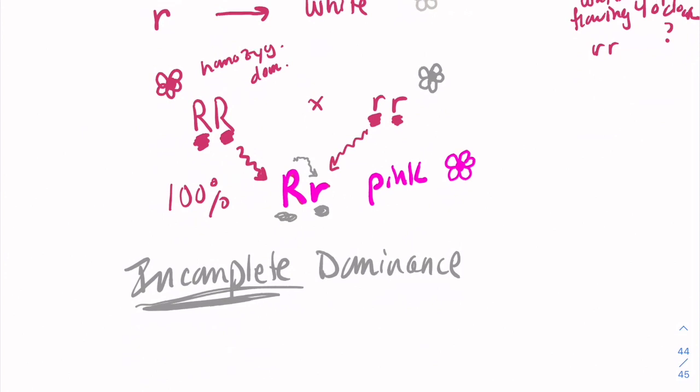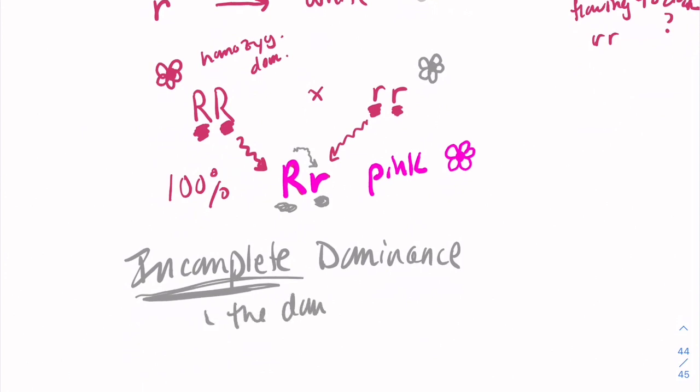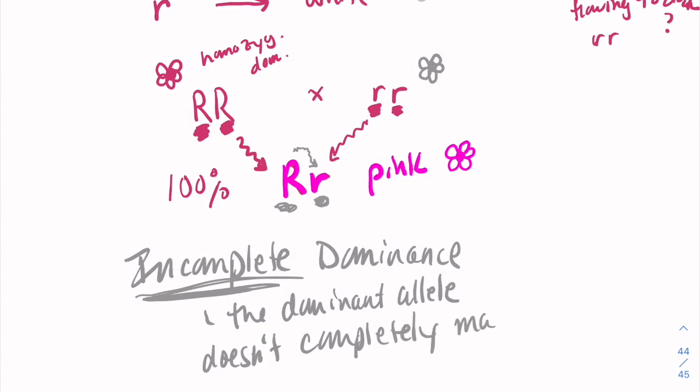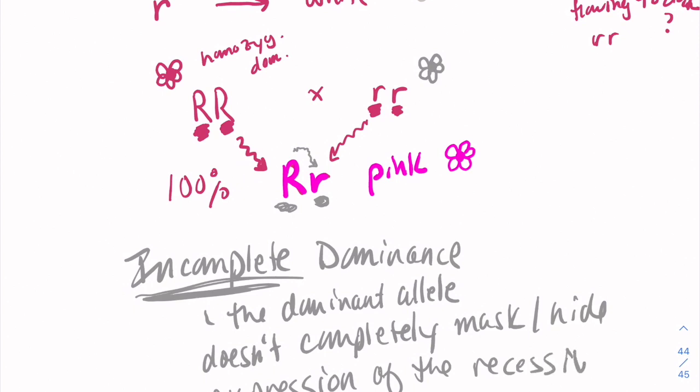So let's write this down. The dominant allele doesn't completely mask or hide expression of the recessive allele. So you get a blending of traits, and when you mix red with white, you get pink. Yeah, pretty cool. Now way back here,